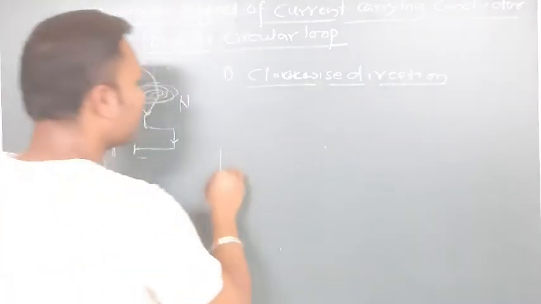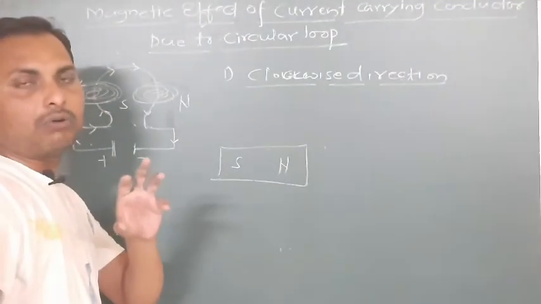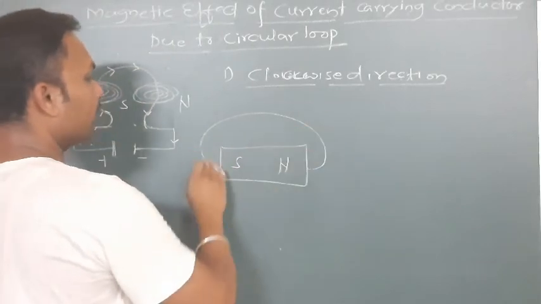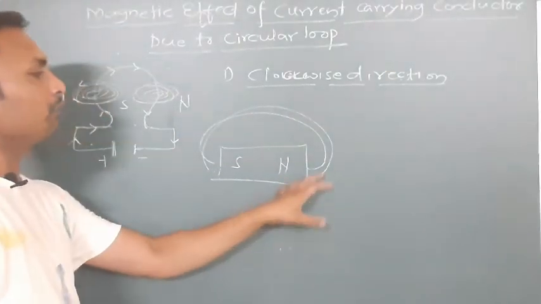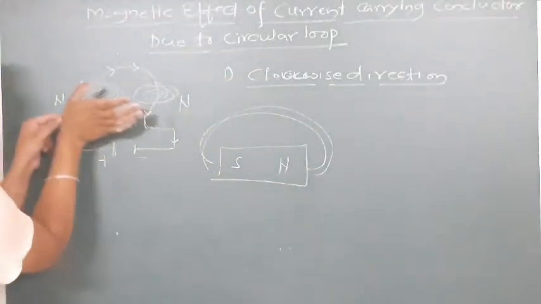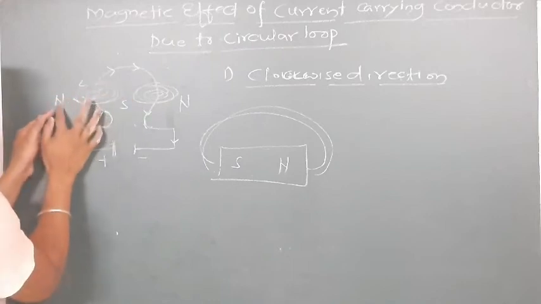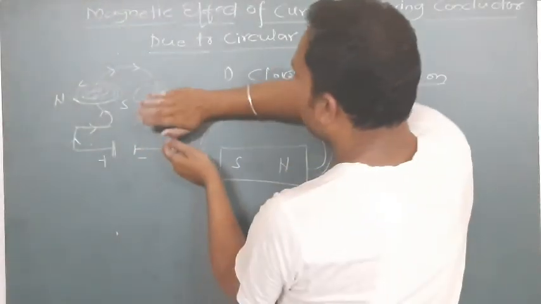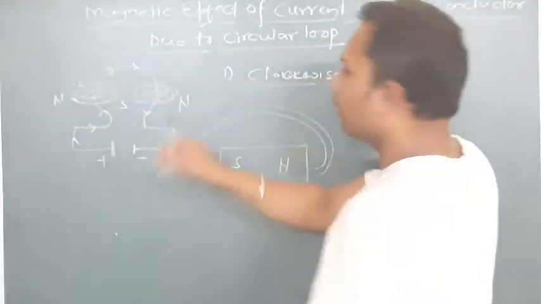How have I taken this? You know it very well in the case of a magnet. If this is north and this is south, the magnetic field lines are always emerging from the north and merging at the south. Similarly, once you apply the right hand thumb rule, these fingers go from outside to inside. That's why it is north, meaning it is emerging, and this is merging. And here, the current is moving like this. Now this is emerging and this is merging here. Now this is a north and this is a south.